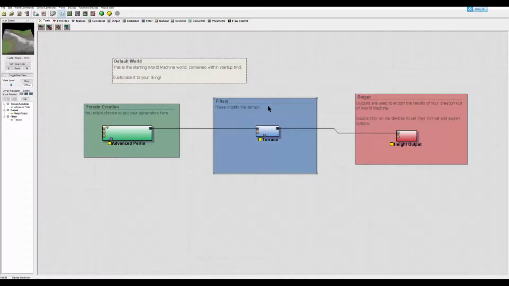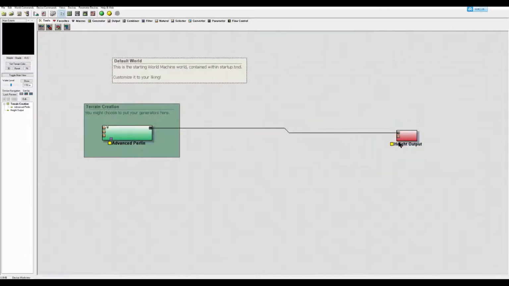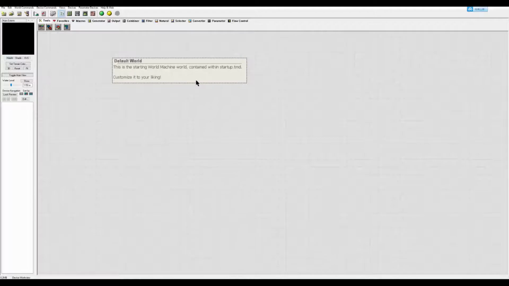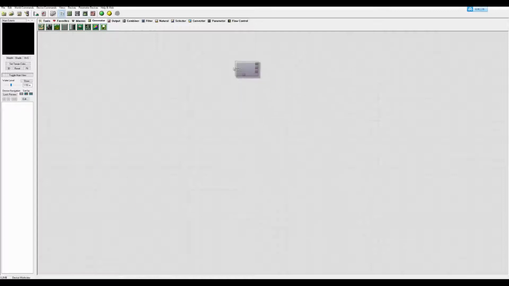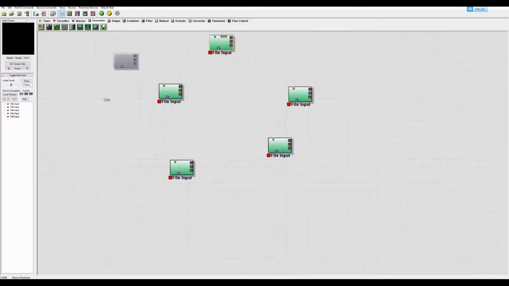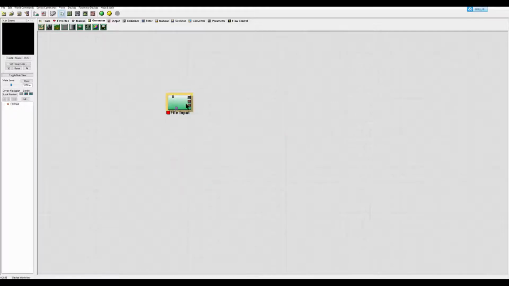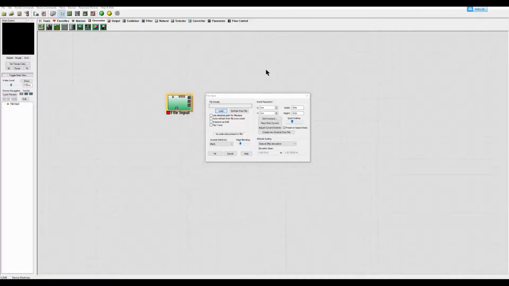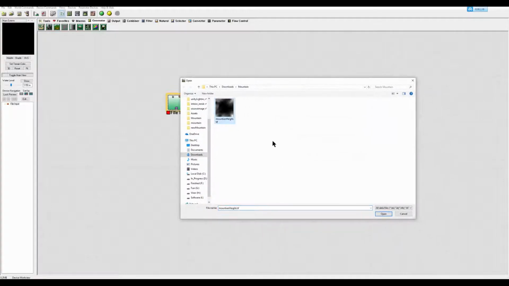I'm gonna go Shift Delete to delete everything here in the graph and start over. I can go for generator and then go to the file import, and that will allow me to create file import node. I can create multiple ones. To cancel creation, just right click to finish it. I don't need any of those ones, I just need one of those, and then double click on it and then load to load a heightmap. Okay, that's my heightmap. Load it